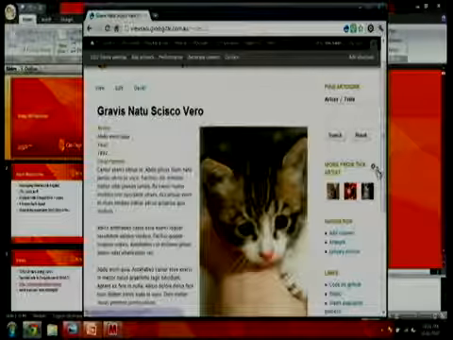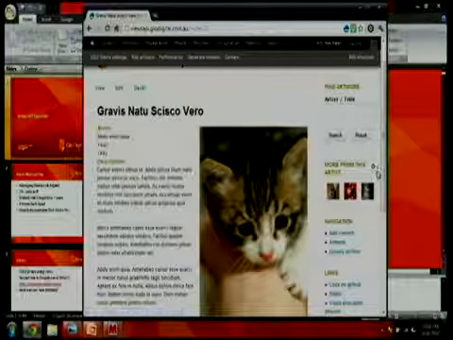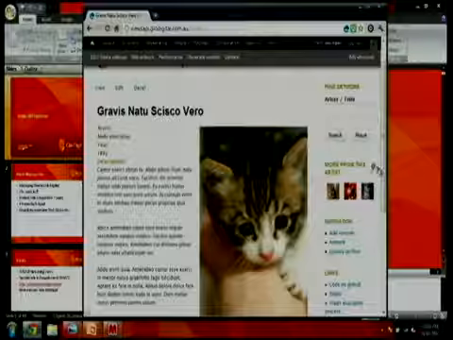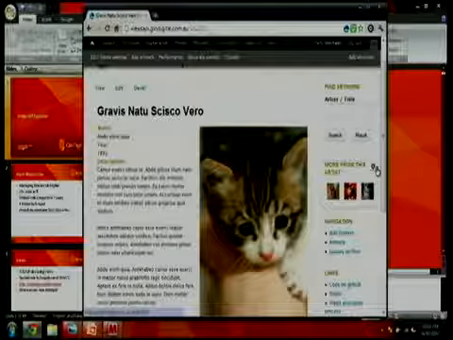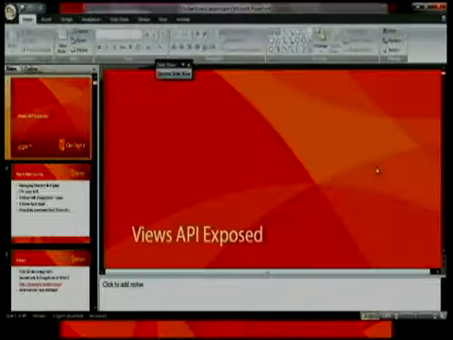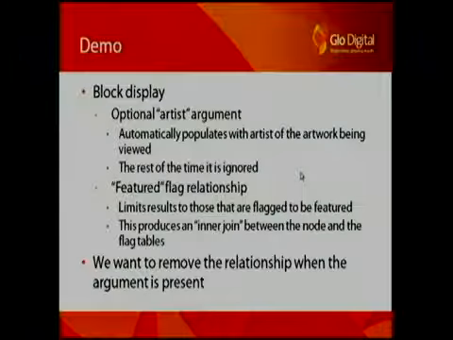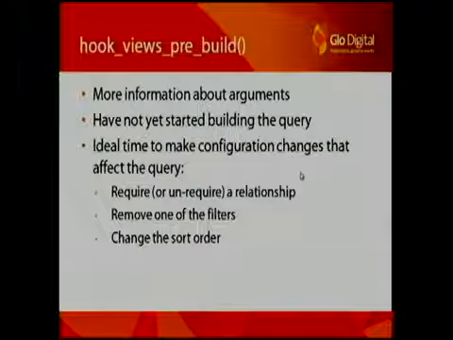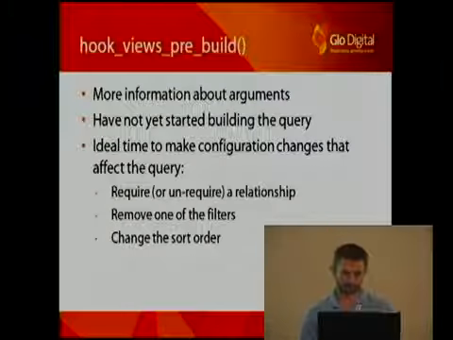But the problem is, because I'm sharing that same block as from the front page, it's only showing featured items, and I want to show all items, not just featured items. So when we come to the next hook, which is hook views pre-build, we know about the arguments that the view is loading. So the argument is the artist of that particular artwork we're viewing.